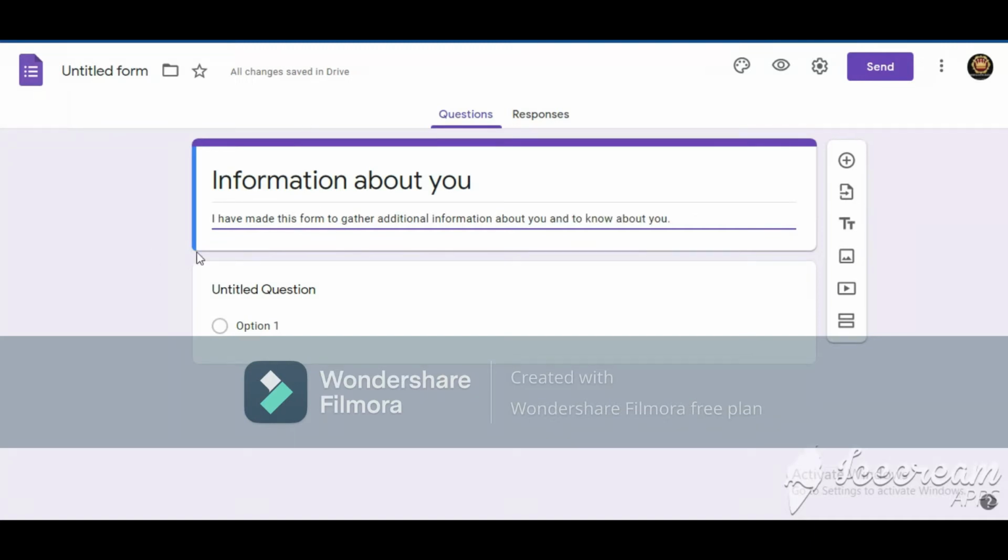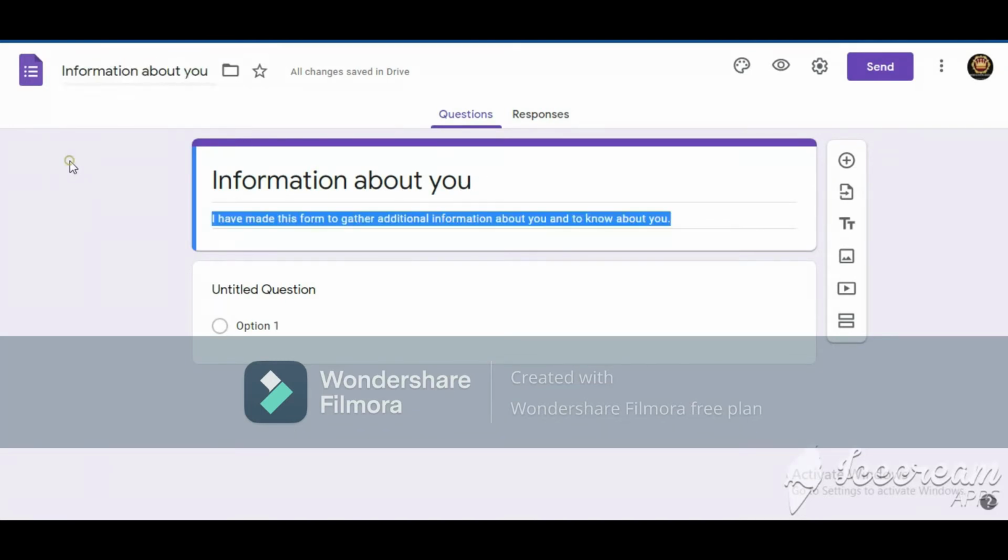Then after completing the description, you can see over here, right, it is showing Untitled form. Over here also you need to name the form. You don't need to type over here, as you just click once and it will write the name of the form as you have written over here. Then click at the side and get going.